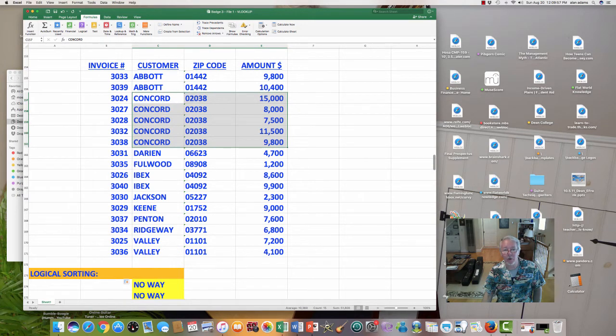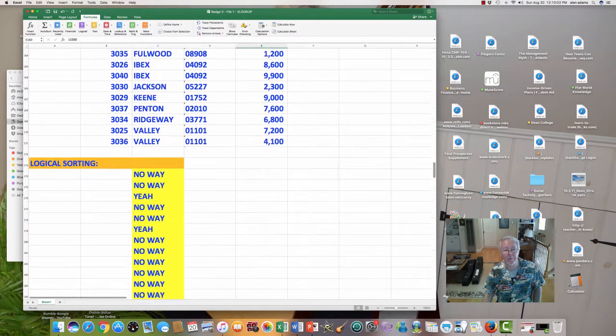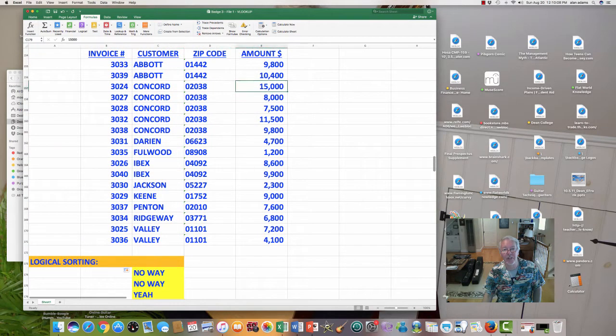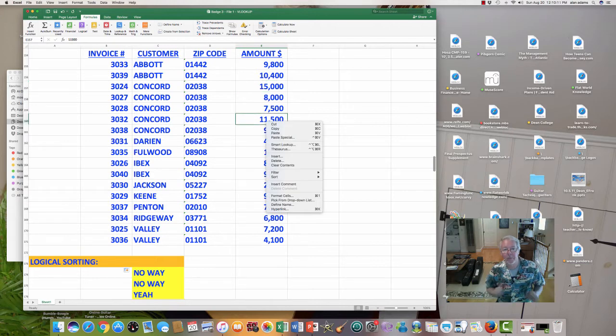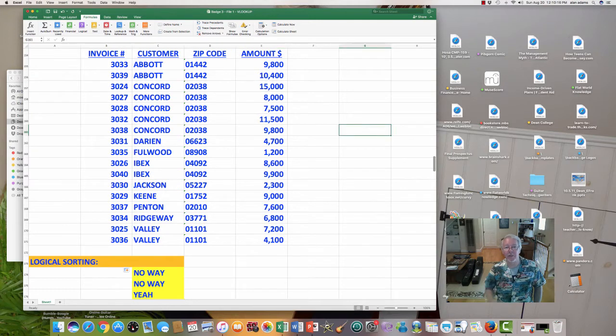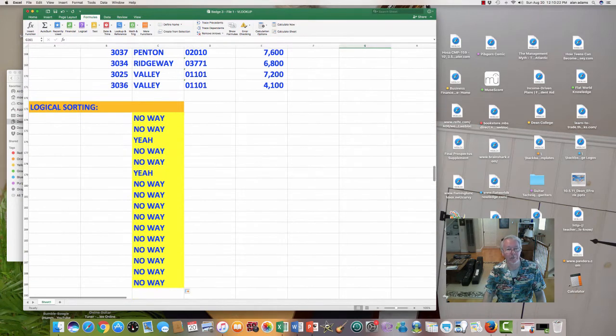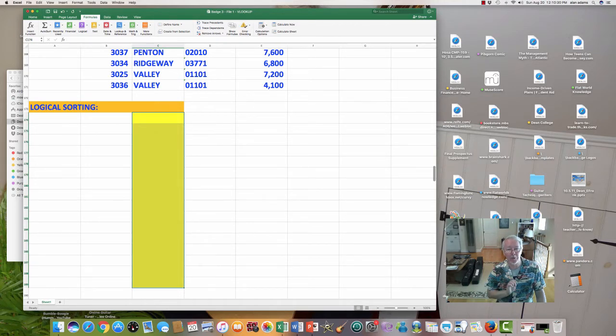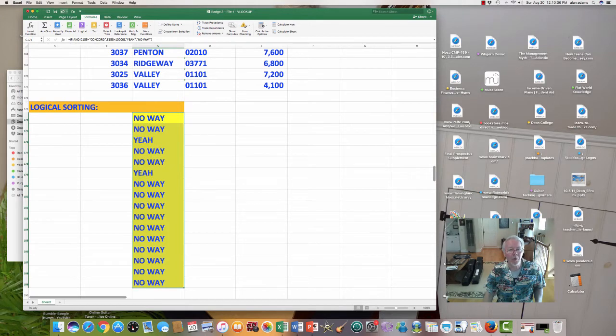Okay, and only two of them satisfy the condition. That one and that one. That one and that one. They represent the third and the sixth values in my array. Okay? I'm delighted to say, ladies and gentlemen, that it worked. Very good. Please feel free to pause this, review it at your leisure. I'm going to erase it right now, however, and I will be posting this so you can review how I constructed the formulas. Okay. Ooh, you know what? Before I do that,